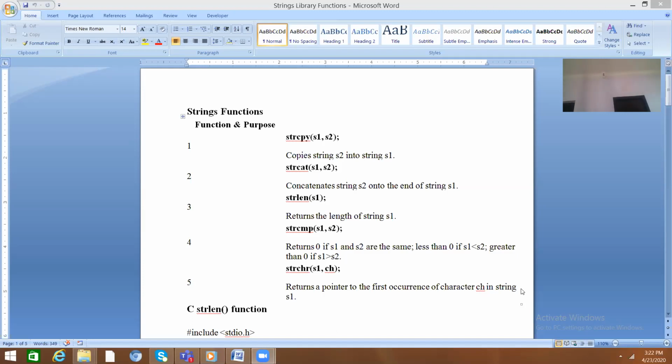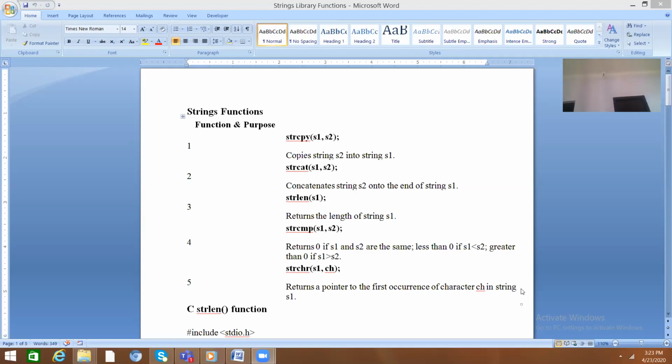There are so many functions C language provides for strings. Some of them we'll discuss. The function and purpose are on the screen.